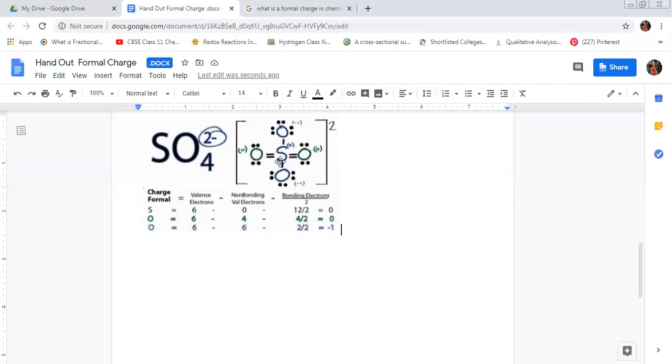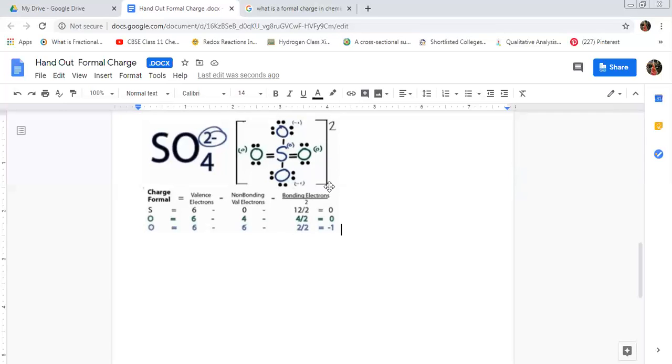Minus half the number of bonding electrons, or simply, you can write minus the number of bonds formed by sulfur. If we go by the number of bonds, you can see 1, 2, 3, 4, 5, 6. So I can write 6 over here directly, or else you can do half of the bonding electrons. How will you calculate the bonding electrons? Double bond means 4 electrons.